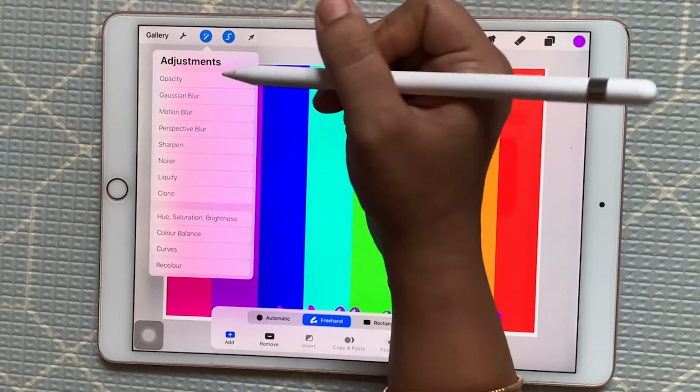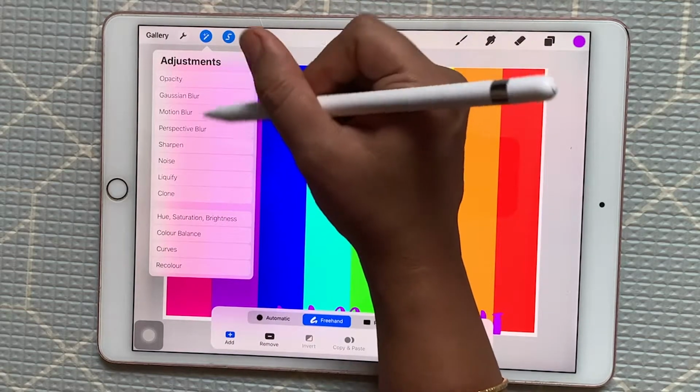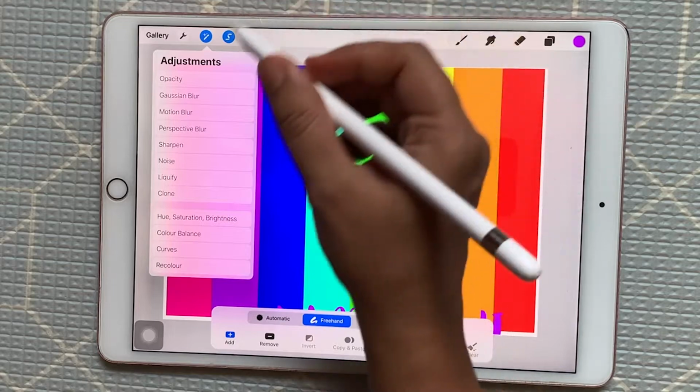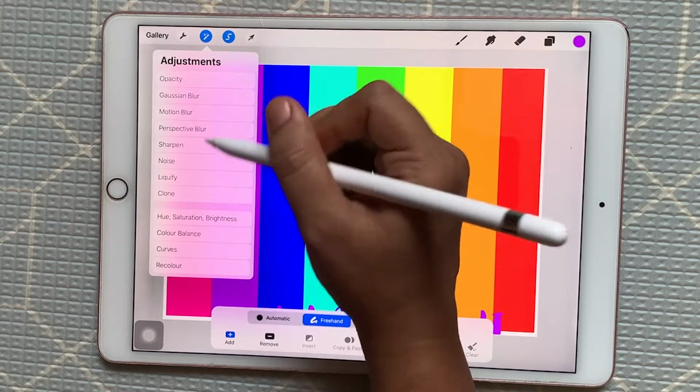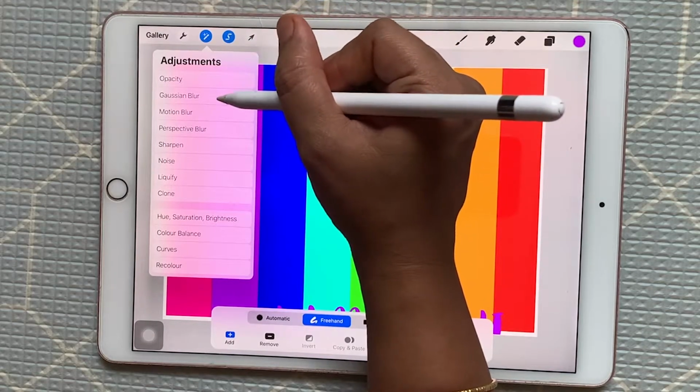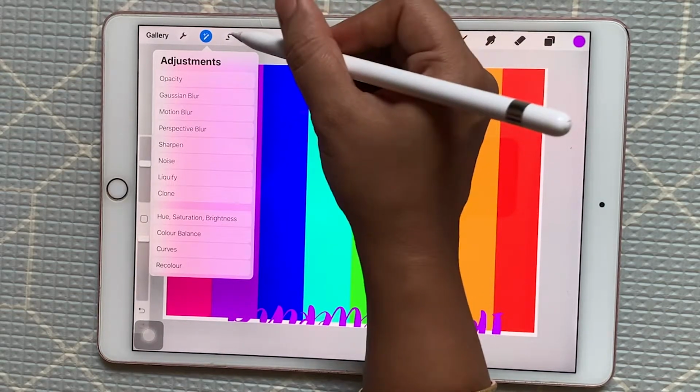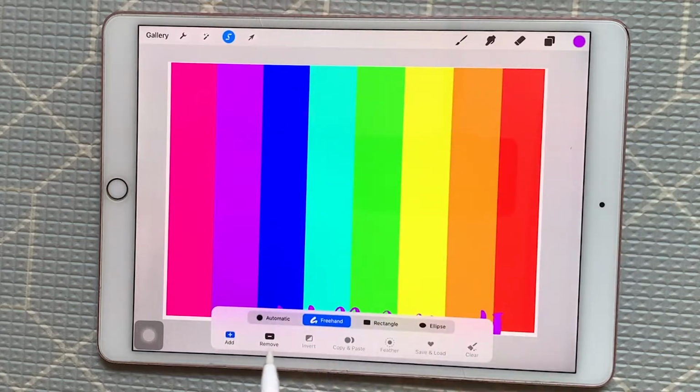On the next tab you get all the functionality, all the tools here. If you want to edit something, edit colors, curves, opacity, if you want to blur your drawing. Then on the next panel you get these settings.